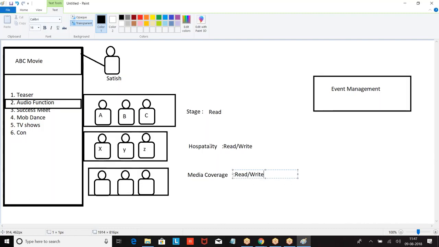For this company, what events are there? There are opportunities for me. ABC company is giving me opportunities for what? Teaser release, audio function, success meet, mob dance, TV shows, some controversies. These are the 6 opportunities. Now they are saying, boss, on this account you have read access. On the corresponding opportunities you have read and write.